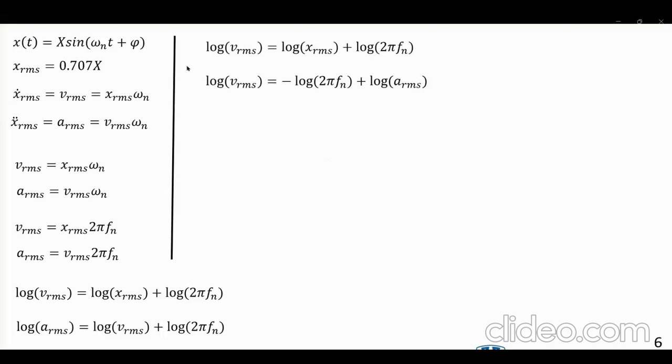And if I rearrange these, for the first equation, I just wrote it up here. For the second equation, I took log of 2 pi fn to the left side. So there will be a coefficient of minus